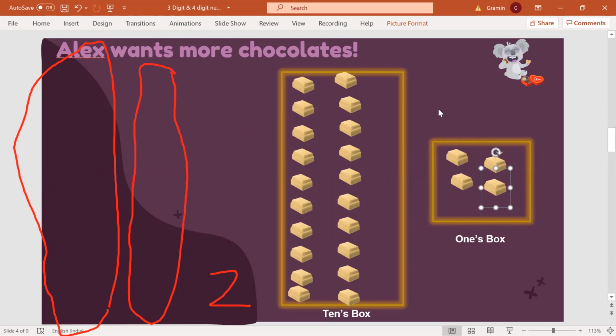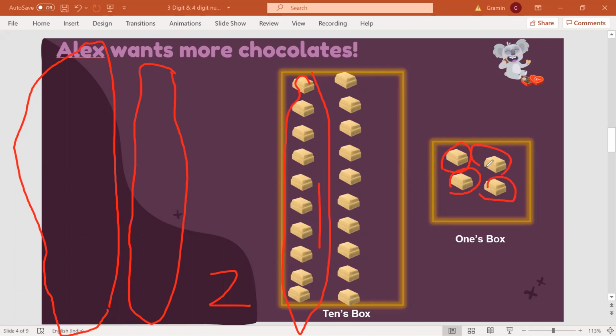So is there any property that you observed? What is the property that you are observing for these boxes? Yes, in the 10's box, you are able to put 10 chocolates at one time. In one single time, you are able to put an entire group of 10 chocolates. So can I say you are able to put a group of 10 chocolates at one time in the 10's box? Yes. And what is happening in the 1's box? In the 1's box, you are able to put one chocolate at a time.